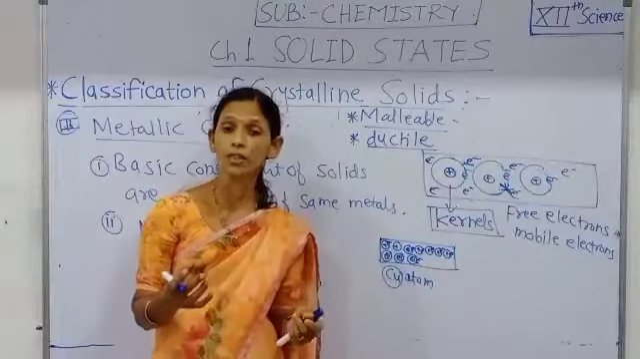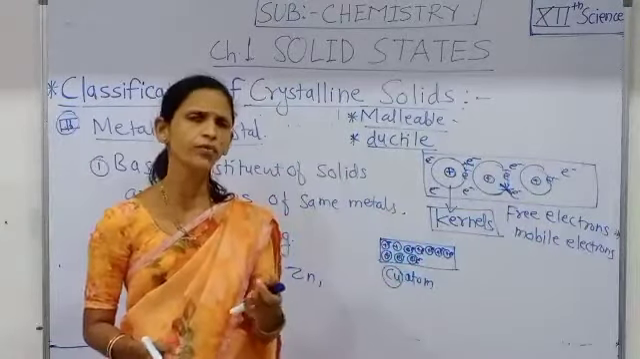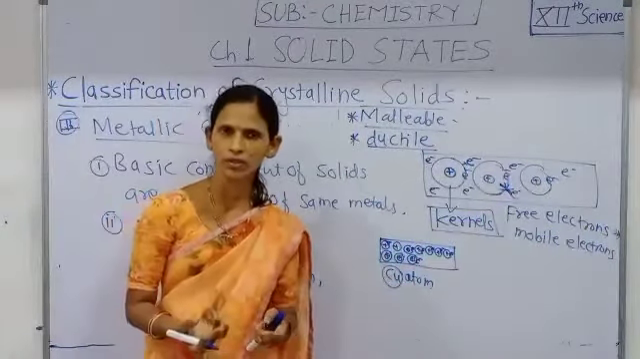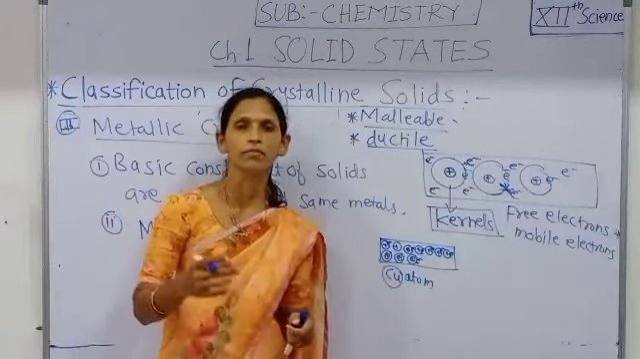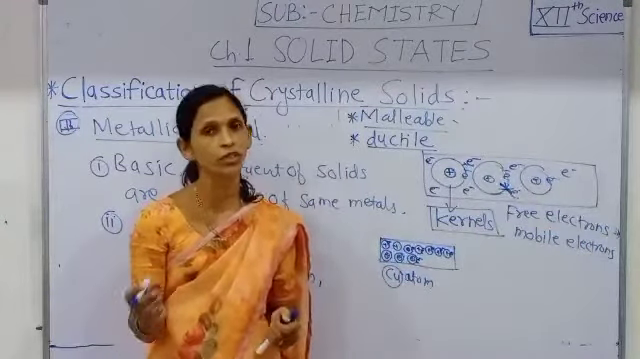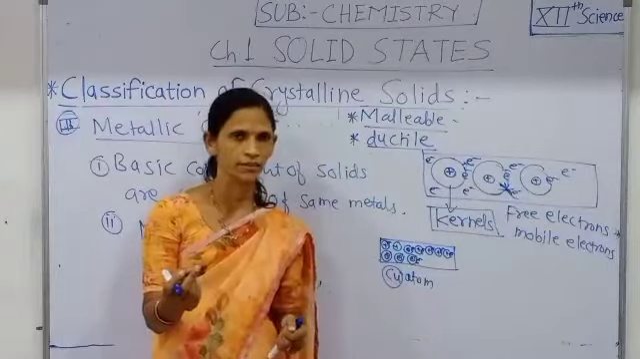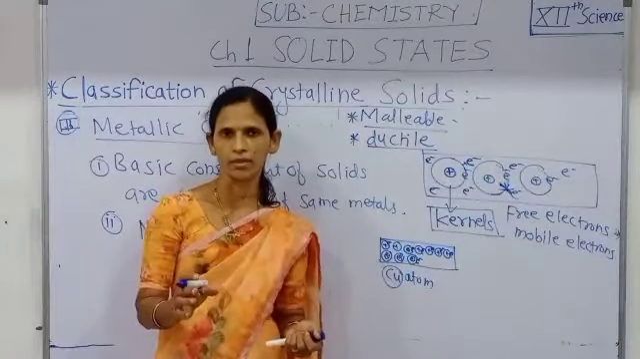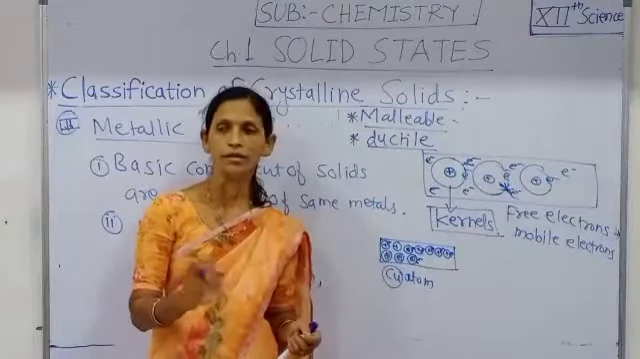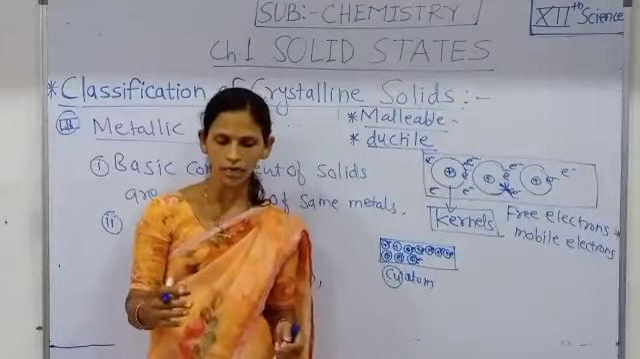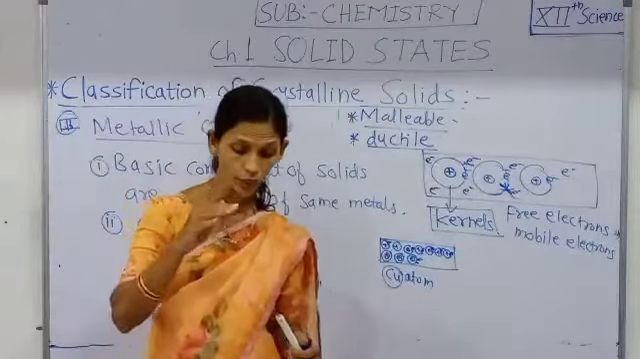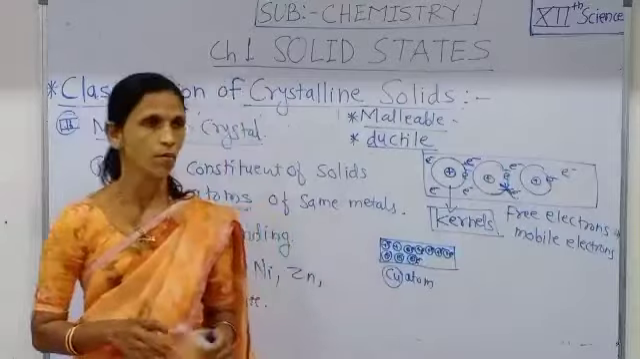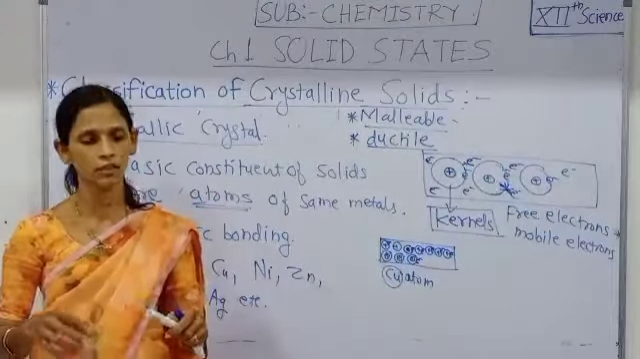Then they are also hard, though a few of them are soft. Sodium is soft, as well as mercury, which is in the liquid state and is also soft in nature, but most of them are hard and they have a high melting point. Their melting point ranges from about minus 39 degrees Celsius to about